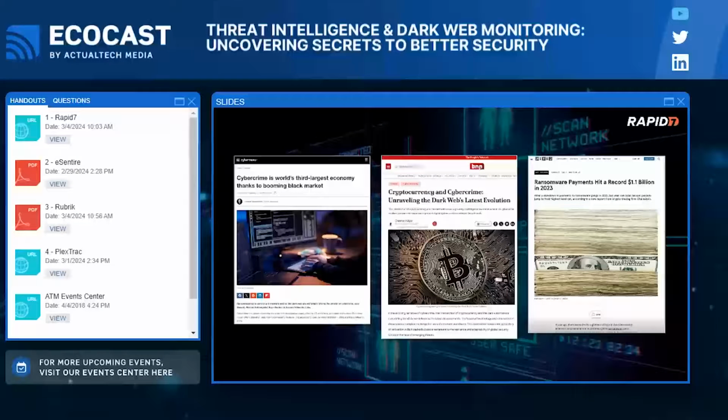And so while the deep and dark web and the external attack surface is home to a lot of this activity, it's also a really important thing for security teams to be thinking about monitoring and how they can have eyes there. Many of us are very focused on our internal perimeter, which is obviously super critical, but monitoring your external attack surface effectively can be the difference between a minor event and a major breach. And yet, it's out of reach for a lot of teams today, which we're going to talk about more.